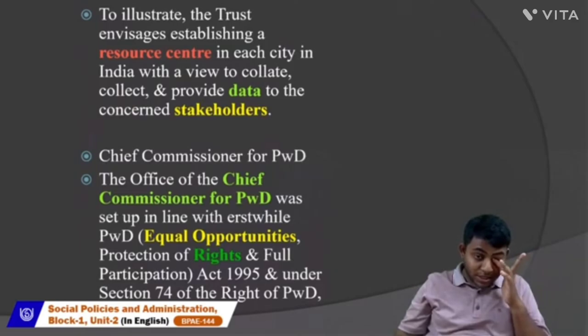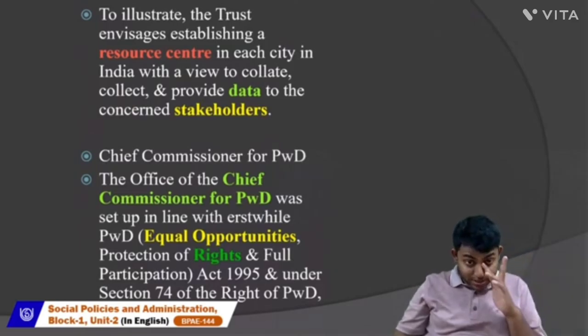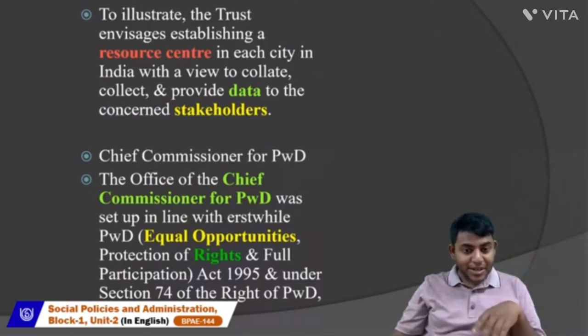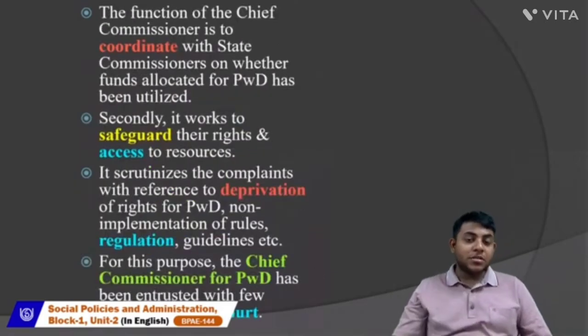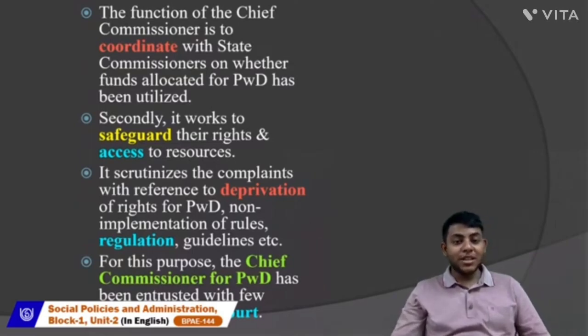So if we talk about the Chief Commissioner for Persons with Disabilities, the Office of the Chief Commissioner for Persons with Disability was set up in line with the erstwhile Persons with Disability Equal Opportunities, Protection of Rights and Full Participation Act of 1995, and under Section 74 of the Right of Persons with Disability Act 2016. So the function of the Chief Commissioner is to coordinate with state commissioners on whether funds allocated for persons with disabilities have been utilized or not. So all this